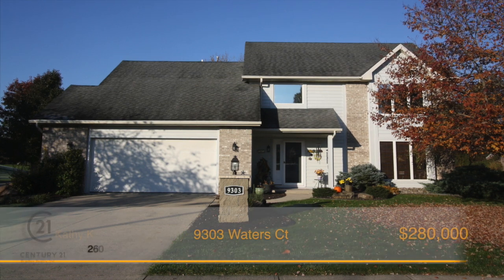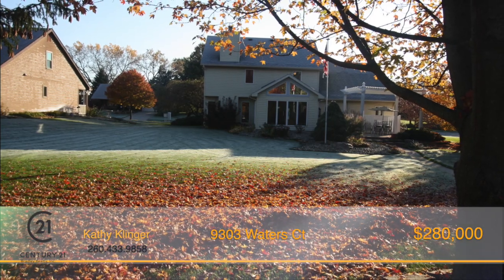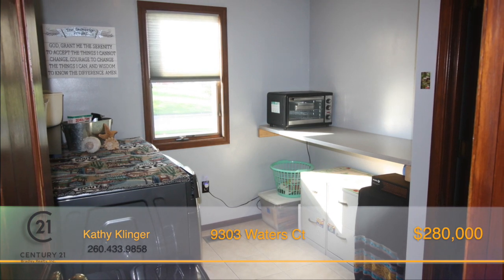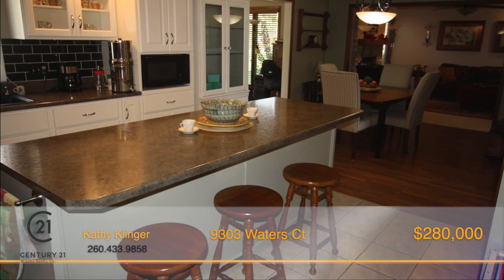Don't miss out on this spectacular, well-cared-for home on approximately 0.76 acres. All of the rooms are spacious, and there's even a laundry room and separate mudroom off of the oversized two-car garage. The kitchen is a chef's dream with newer cabinets and backsplash, gorgeous countertops, and an island with breakfast bar